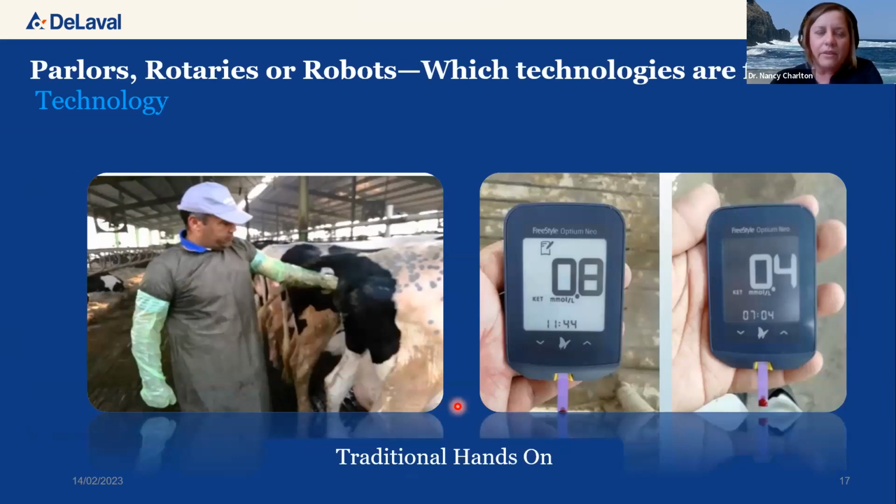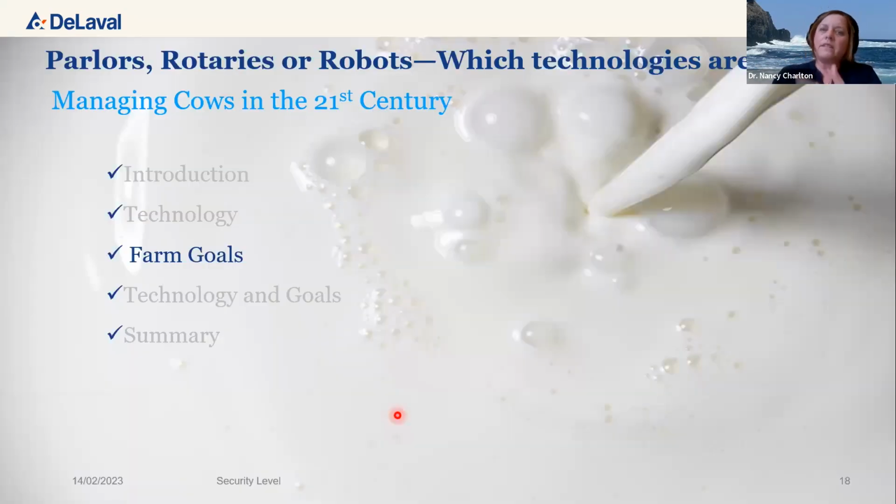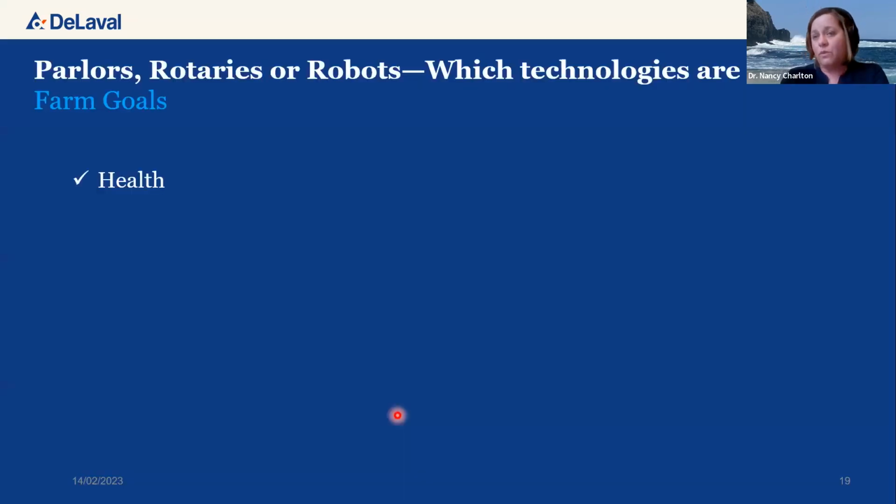I will never, ever be a believer in removing good quality people or traditional hands-on from your operations. The data is just used to help present the cows that these people need to see instead of the traditional lining them all up. So data gets you on your way, information a little further, and then some traditional hands-on is always needed. This technology, we should take a look at it with your farm goals, and those goals will vary